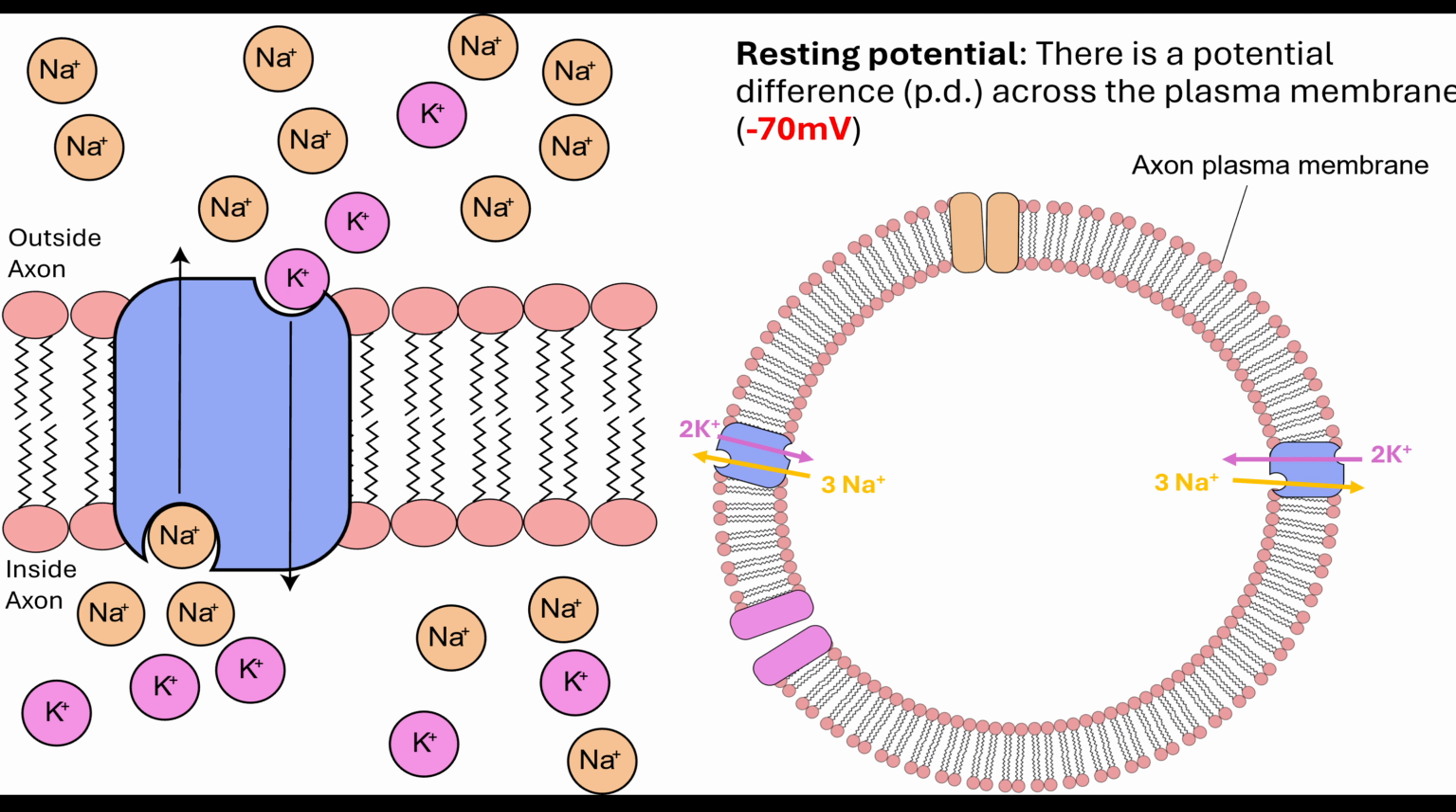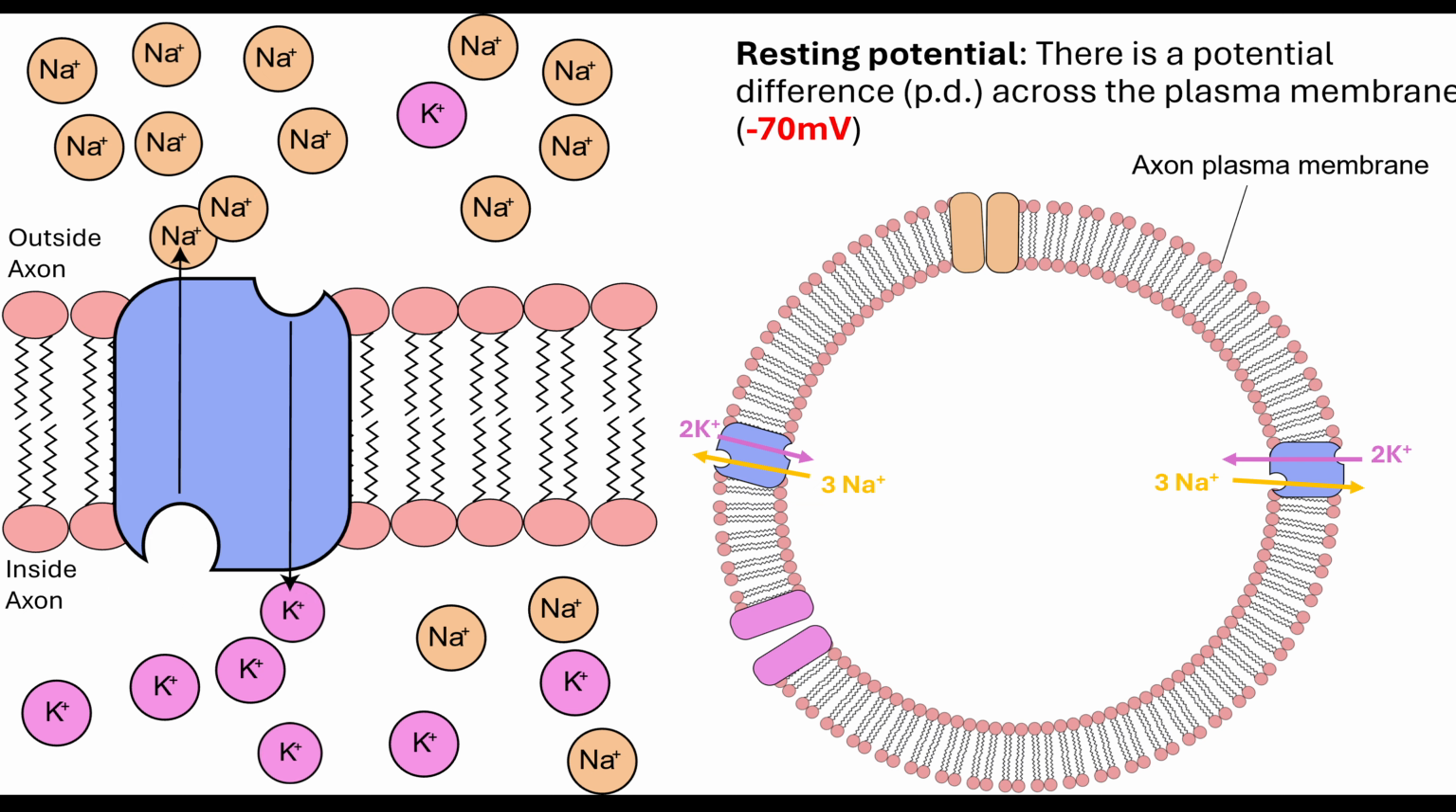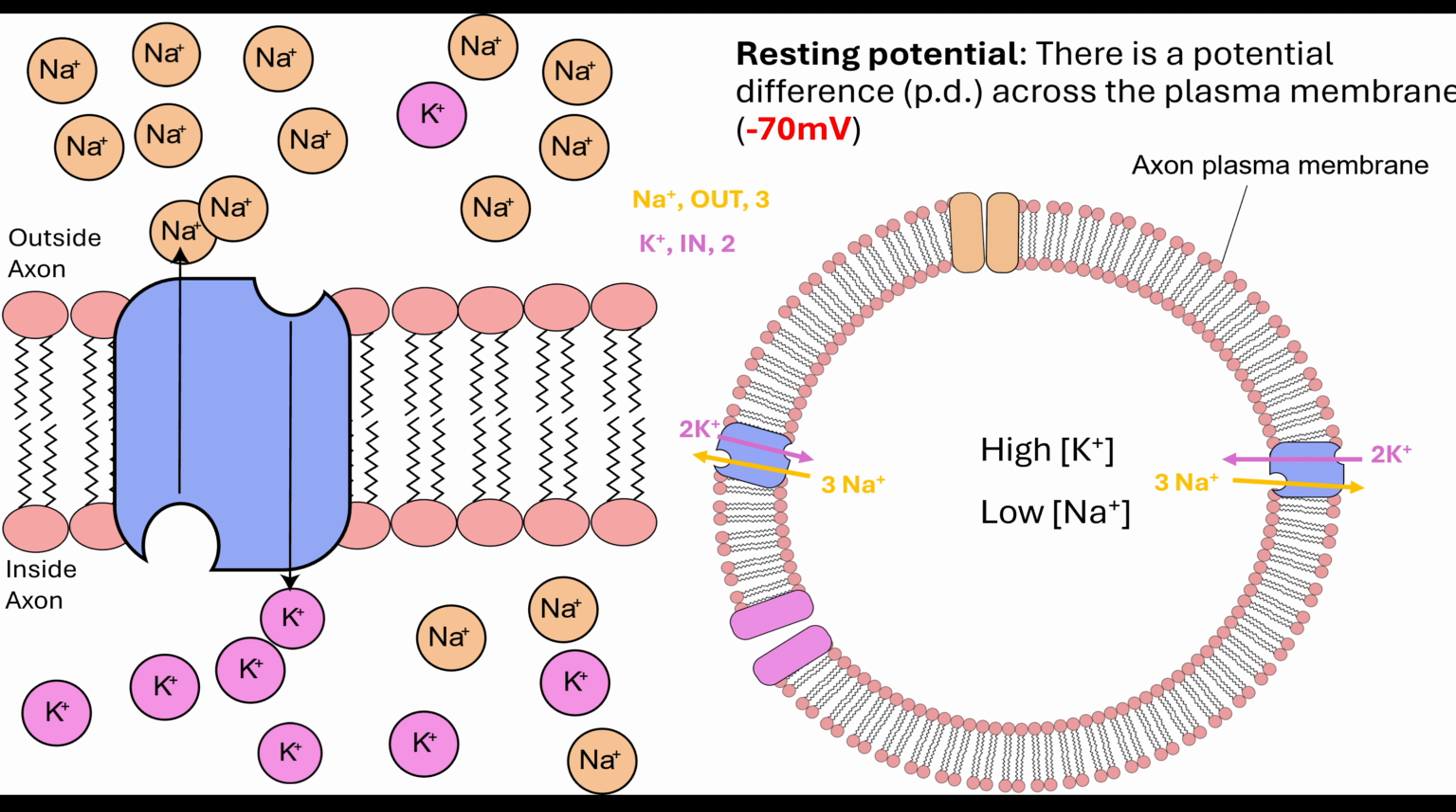So we know that there is a resting potential, and that is maintained by our sodium-potassium pump. Now, our sodium-potassium pump is always pumping 3 sodium out. That's because it's going against a concentration gradient. ATP is required to be hydrolyzed for the pumping process. 3 sodium are going to be pumped out, and 2 potassium are going to be pumped in. Now what that's going to create is a high potassium concentration inside the axon and a low sodium concentration inside